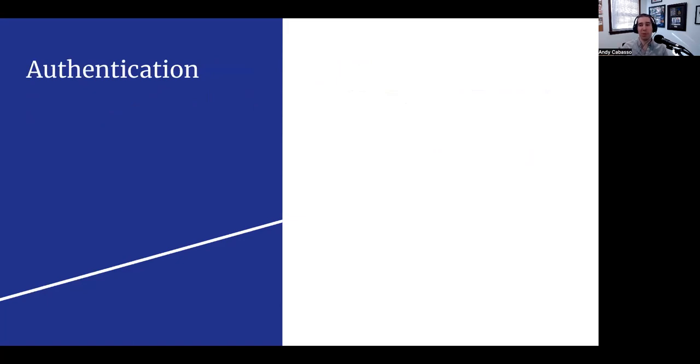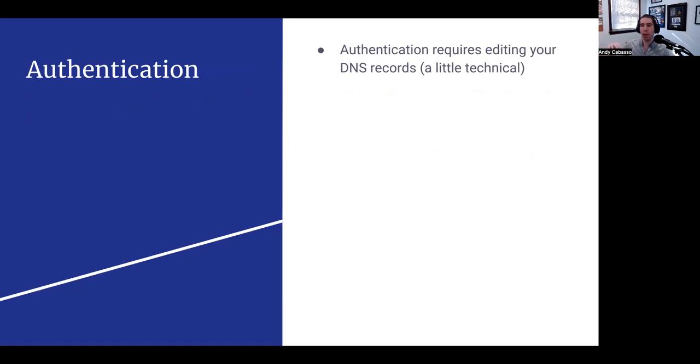So next I want to talk about with email setup is email authentication. It's a little technical here, but email authentication is basically something that you do to tell the email service providers that an email coming from your email address is legit and it's not spoofed or anything like that. There are 3 types of records that we care about.